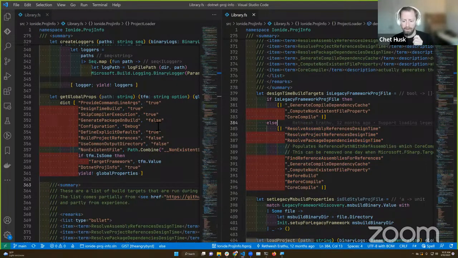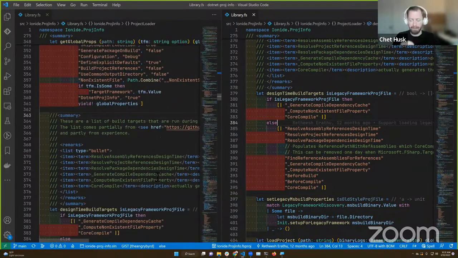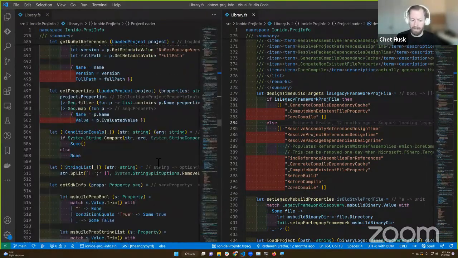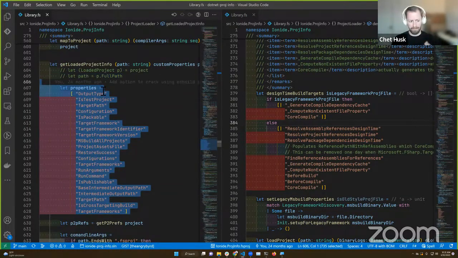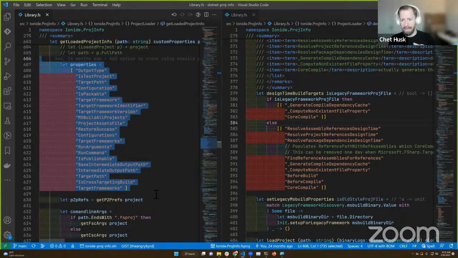If you call them all correctly, the result should be an object that you can ask about various MS Build properties and various MS Build items. Once you do this, you can then extract those. Here's the list of properties that we pull out right now. Editors like FSAutocomplete can also pass in additional properties to grab.